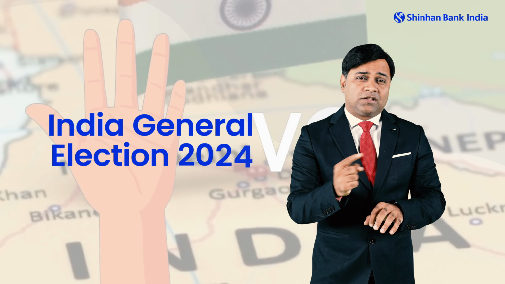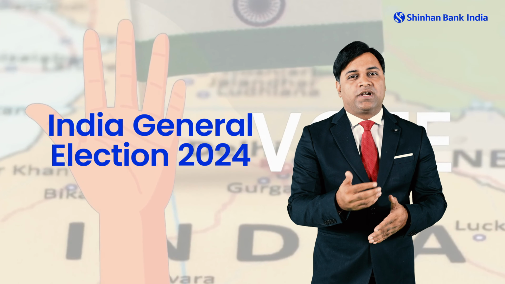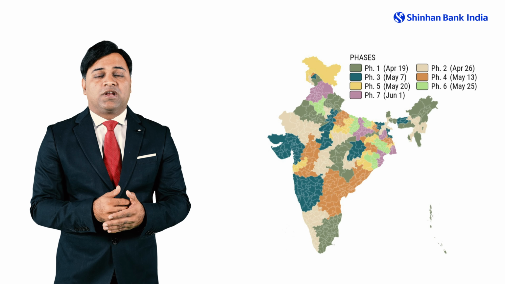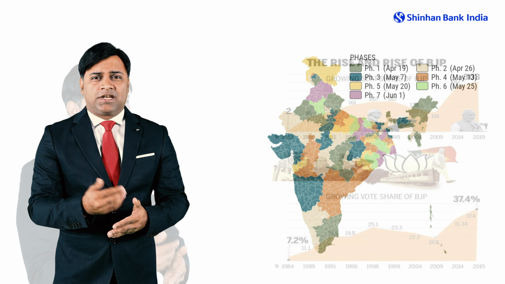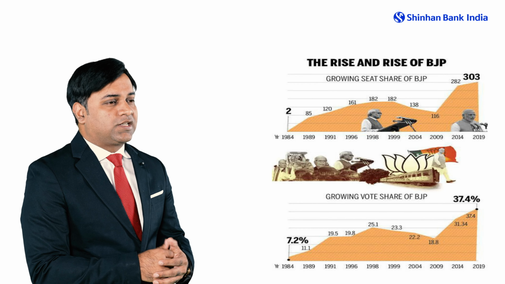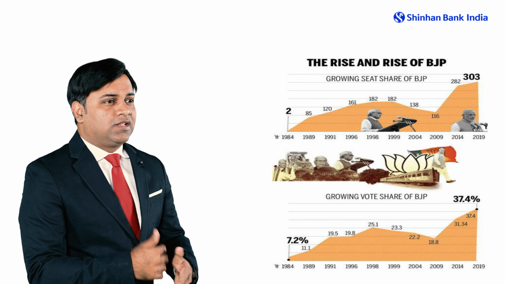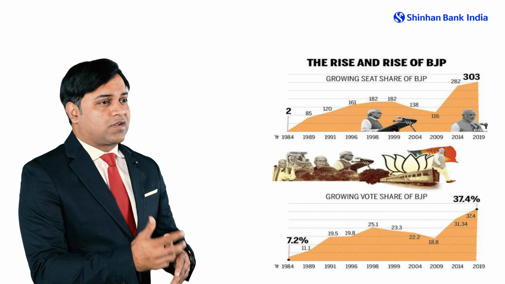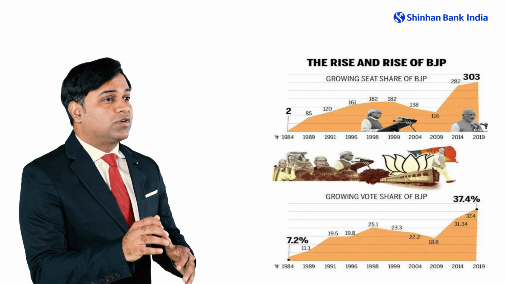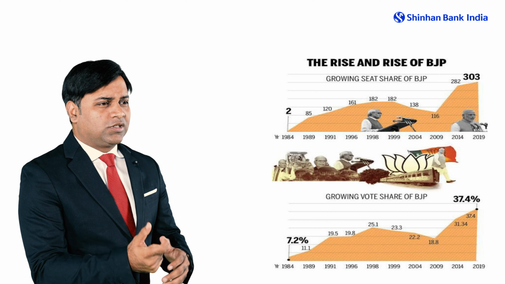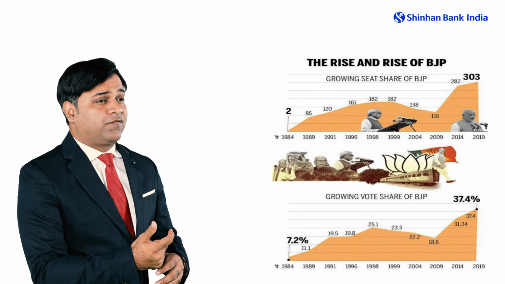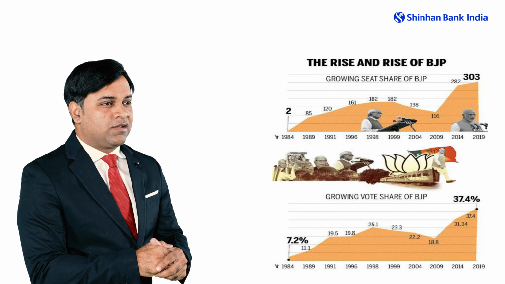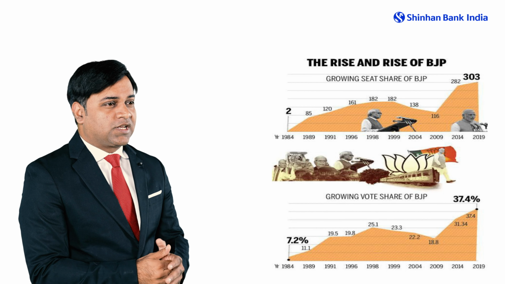Another important aspect is elections. The Election Commission has already announced the date. Polling dates are from April 19 to June 1st, and the results will be announced on June 4th. In the last elections in 2019, BJP had secured victory with 303 seats. The anticipation is around 370 plus seats as per the market sentiments. This is the third consecutive victory if they are able to sail through in these elections also. So this election creates a lot of sentimental and fiscal benefit when it comes to the FPI and FDI money as well. So that's the perspective from the domestic side.